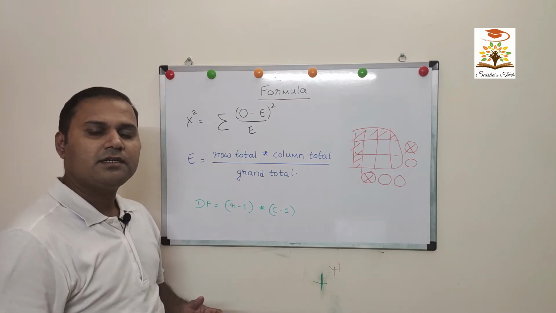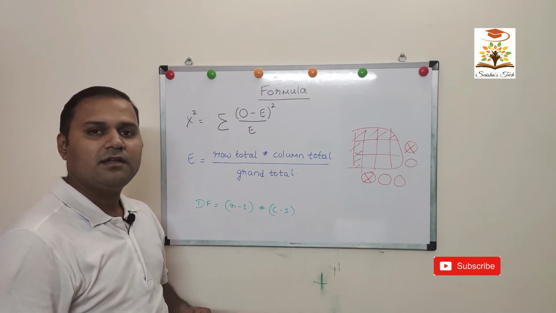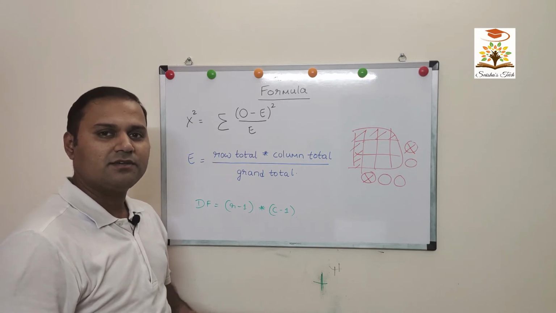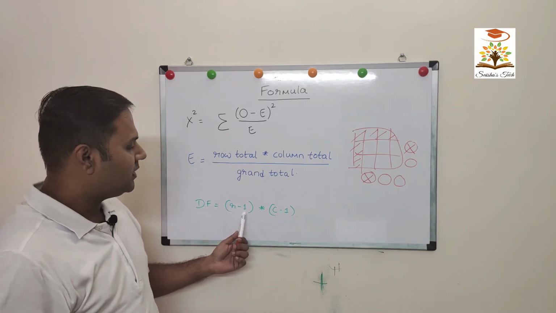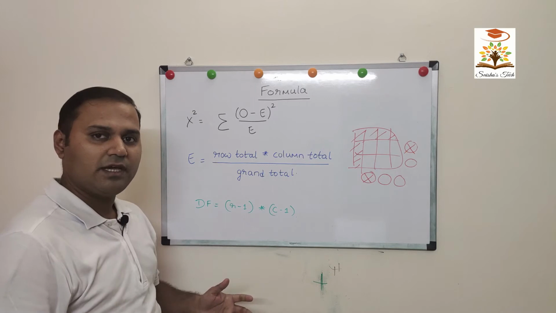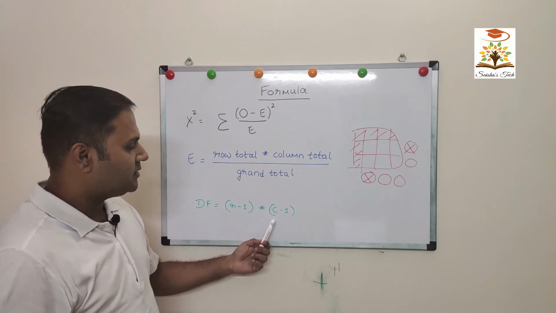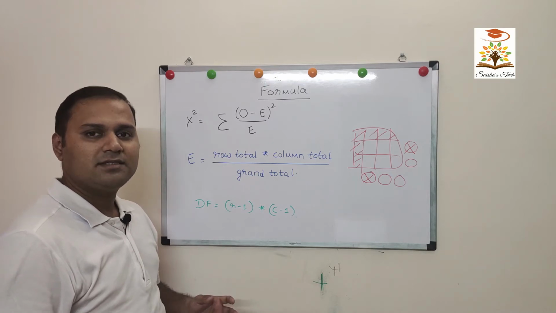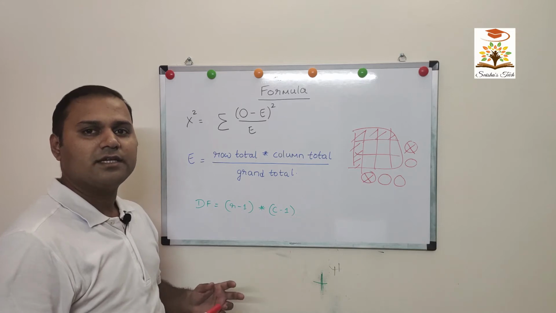Similarly, we require degrees of freedom and significance value to get the critical chi-square value from the chi-square distribution table. To calculate the degrees of freedom, we use the formula degrees of freedom is equal to (r minus 1) into (c minus 1), where r represents the number of rows in the table and c represents the number of columns in the table. Now let us apply the concepts of chi-square independent test on a few examples.